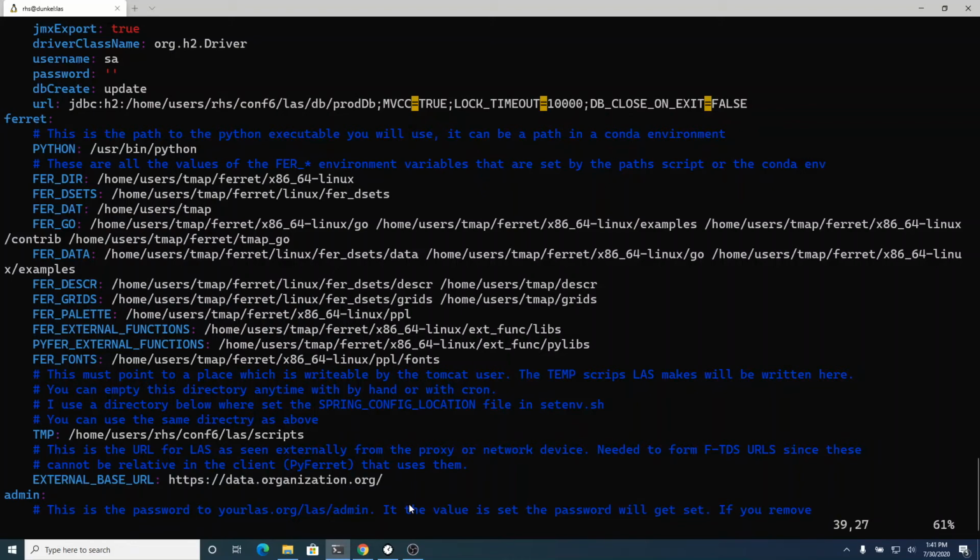And then this is how this server will be seen from the outside. So for a few things that we do, we have to pass a full URL to Ferret so that it can use OpenDAP to read the data source. And we can't pass a relative URL because Ferret doesn't know what the web server is. So this is what your server looks like from outside.